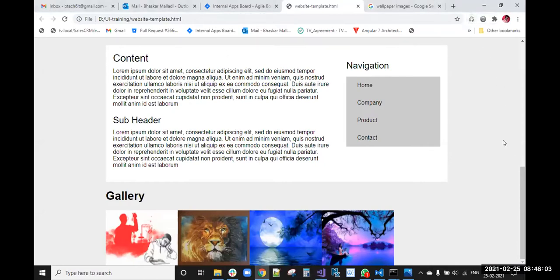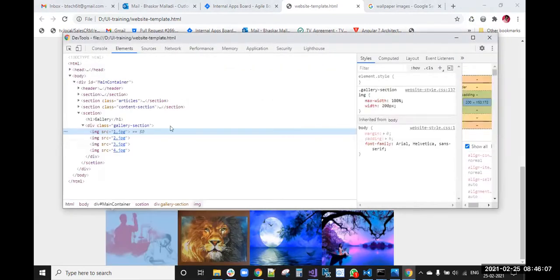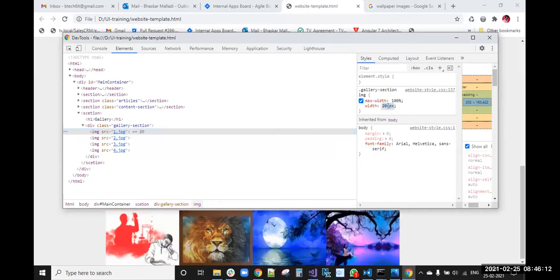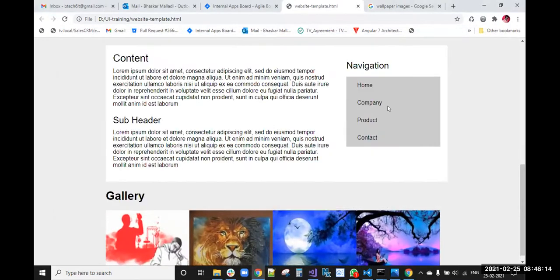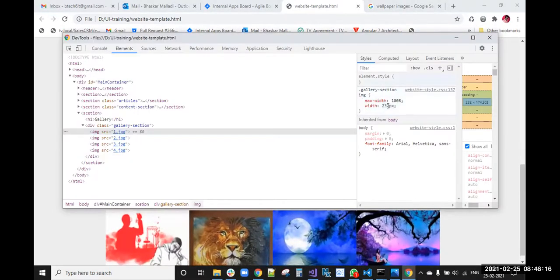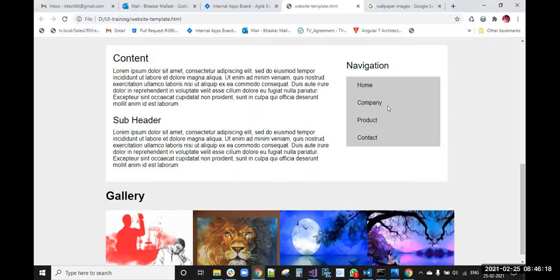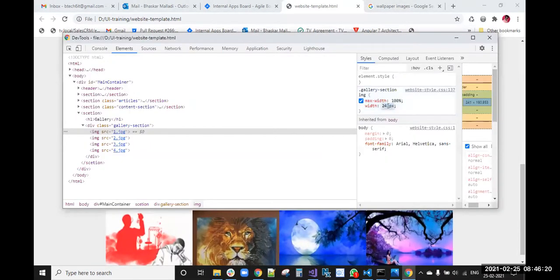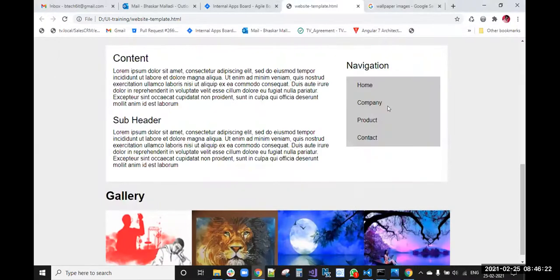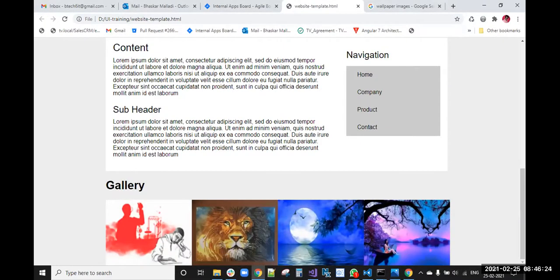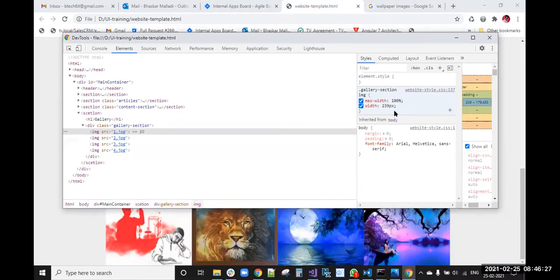Okay, guys, I think here the images are not fitting. So it will increase; we need to check whether it is exactly fitting in that container or not. I think 240 pixels we will take, that 240 pixels.